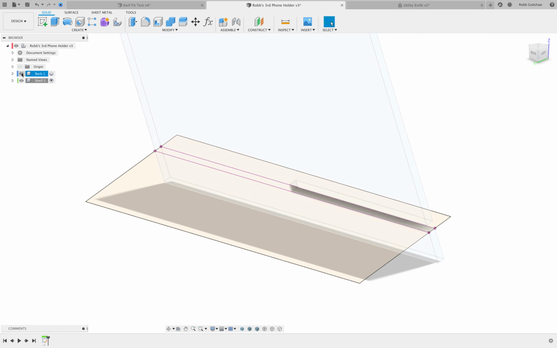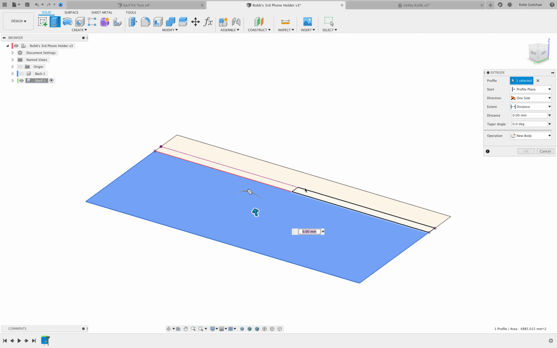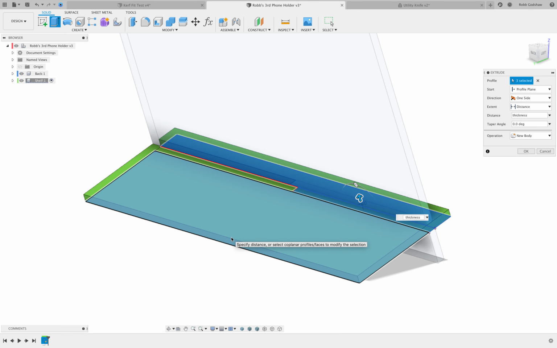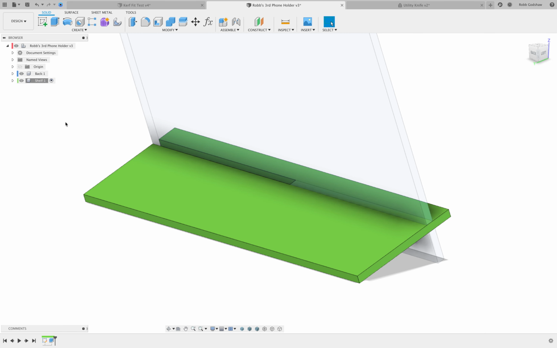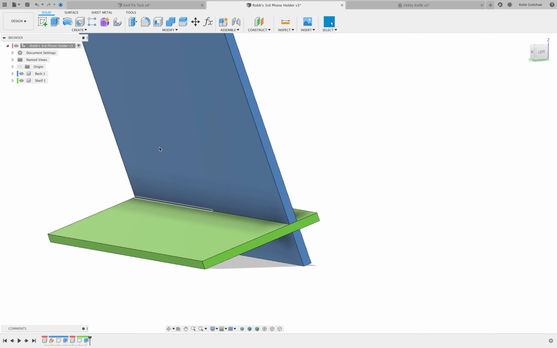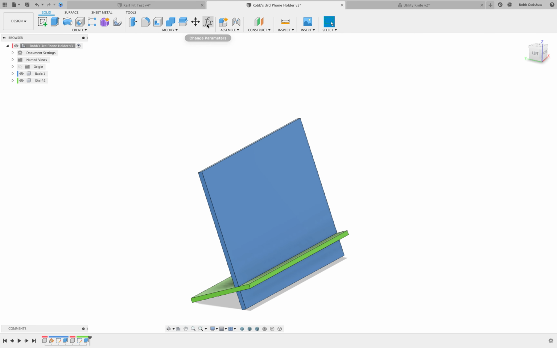Now I'm going to extrude. I'm going to extrude this piece, and this piece. And the reason why I picked this piece and not this piece is because I want it to fill in the void created by the other piece, and I don't want to have two things in the same place at the same time. Then I extrude that by thickness. Activate the main category. And now if I bring up the parameters menu,